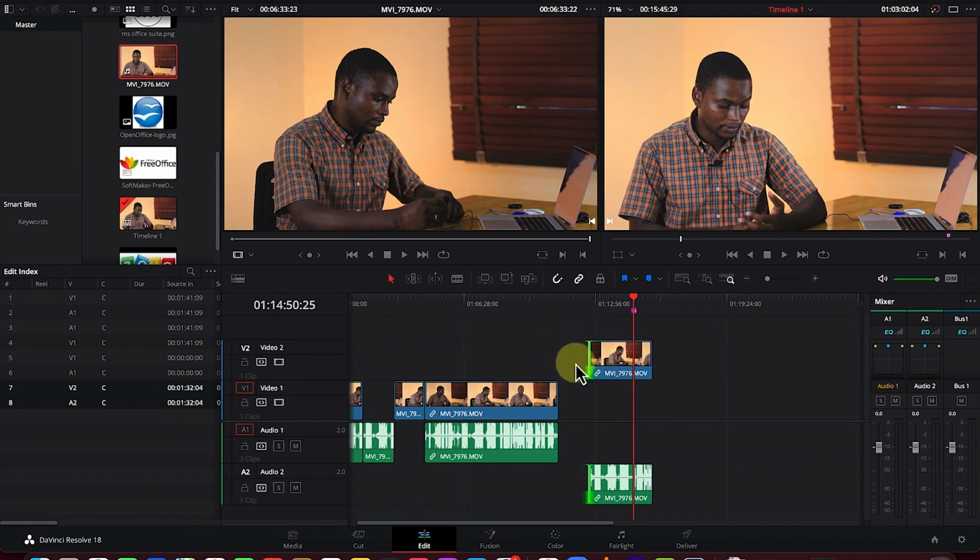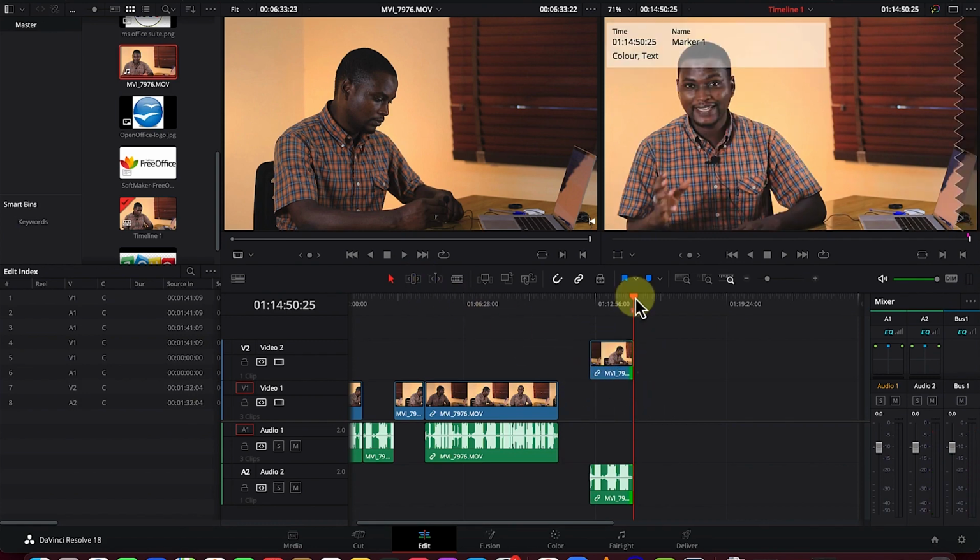The only key thing you should pay attention to is it leaves a gap whenever it is reducing a clip. So it is leaving a gap. So you try to drag, okay, and it's leaving a gap, unlike the other one that I'm going to show you in a bit. So the next is the trim edit mode, which you can get to by